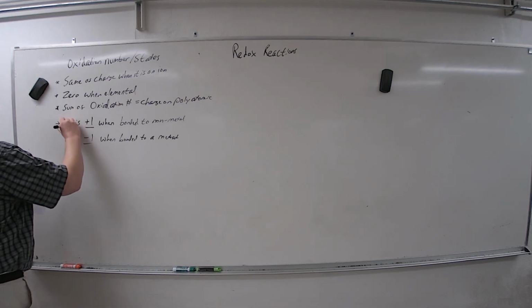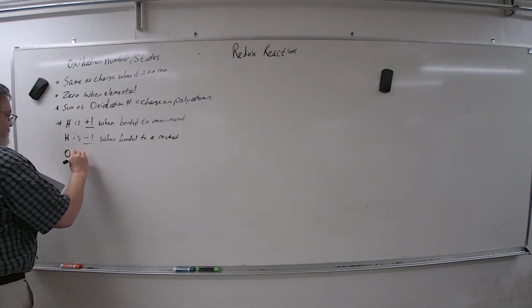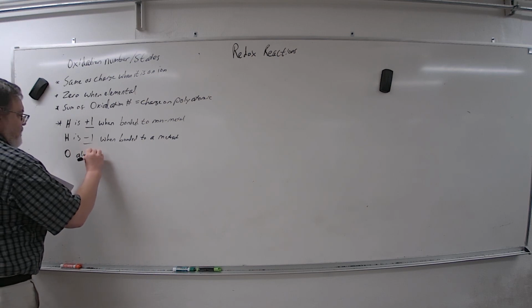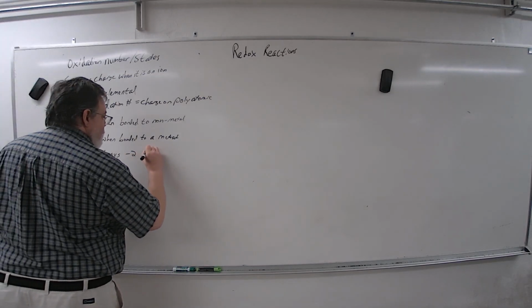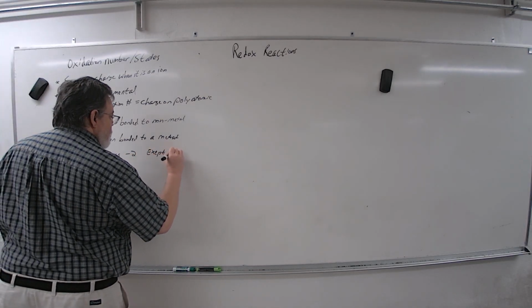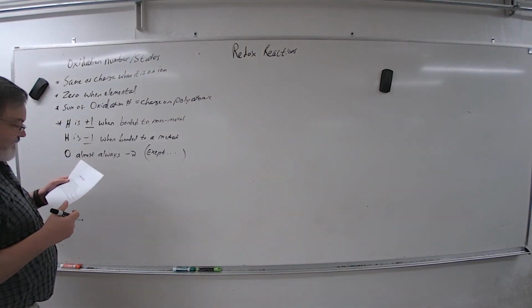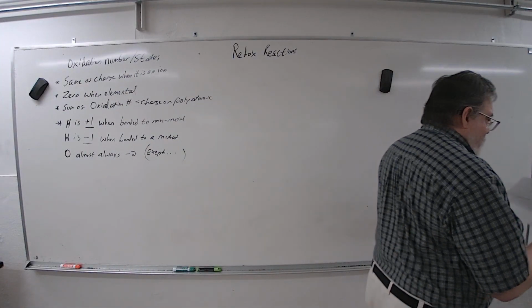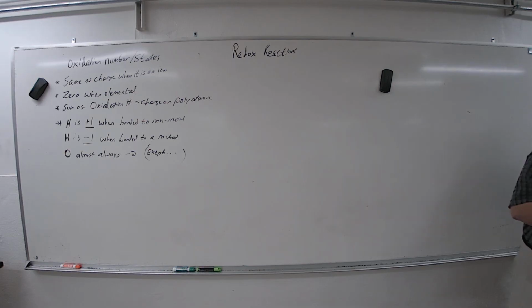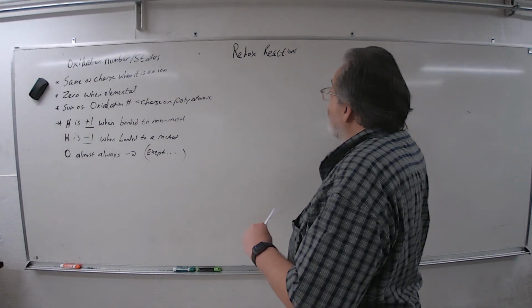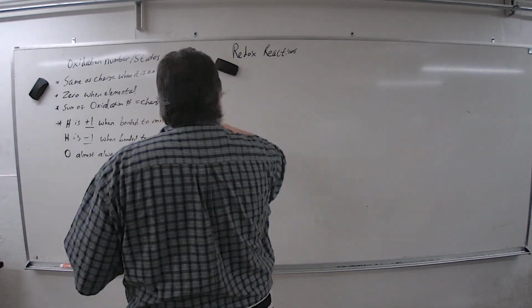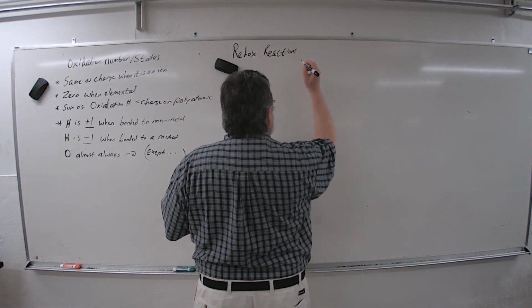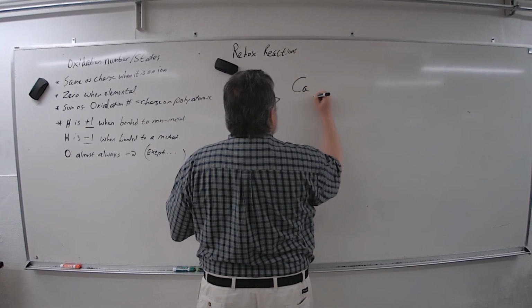Two rules for hydrogen, oxygen. Do the exceptions there. Okay, let me just leave that small set of rules there. And just to show you, if I have an ionic compound, I already did NaCl,